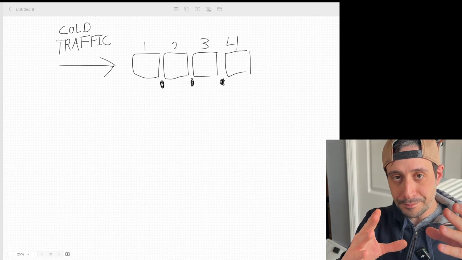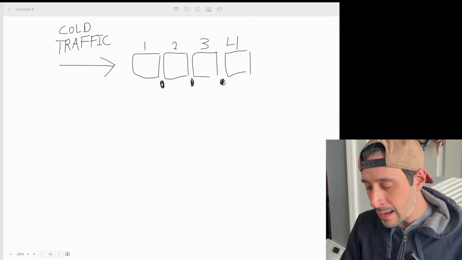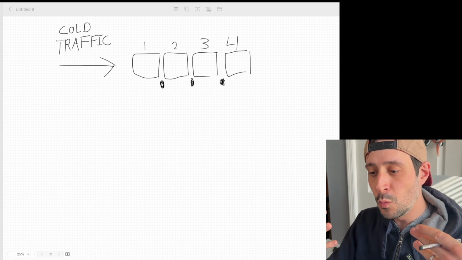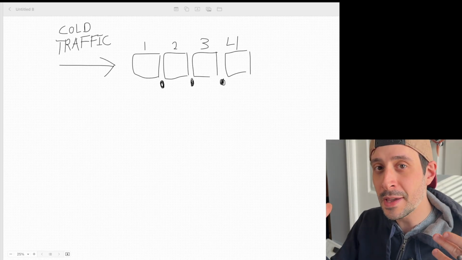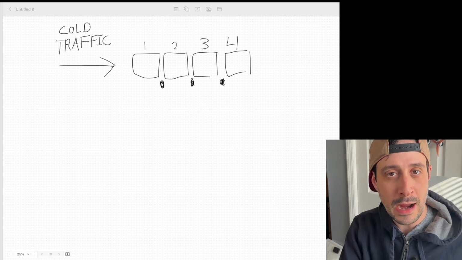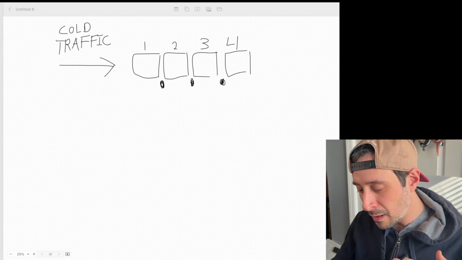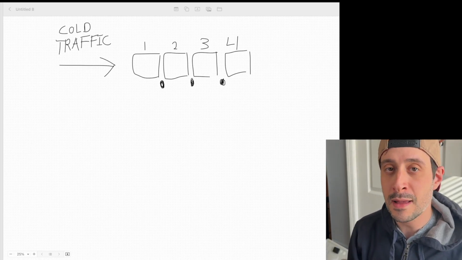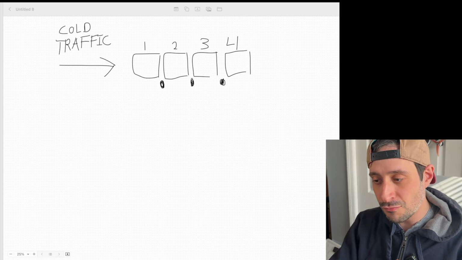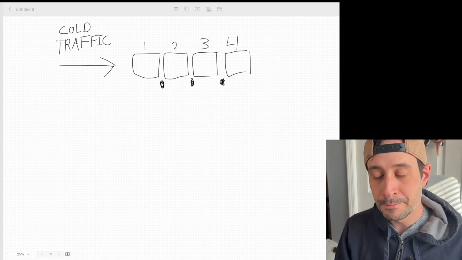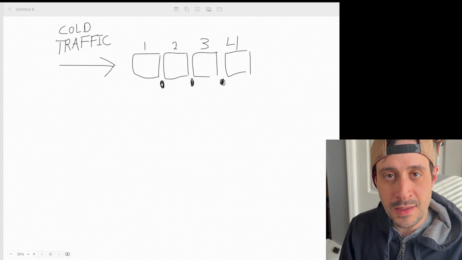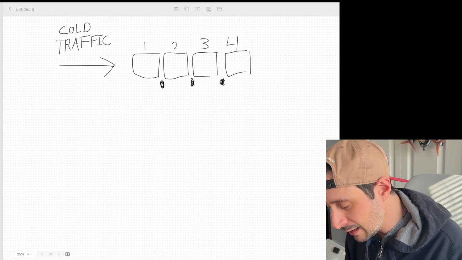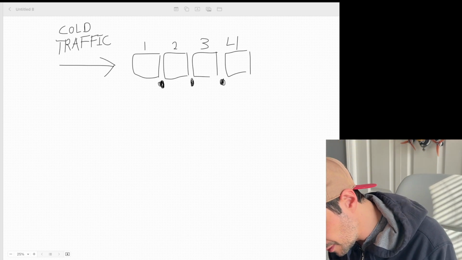So what a lot of people do is they run cold traffic to a set of ads. Cold traffic means we know nothing about these people and they know nothing about us. This is just random people that we're advertising to on a platform. And what most businesses do is they run ads like this, where they'll have maybe 4 ads or more, and they just run them and it's hit or miss, right? What happens when you run just this strategy is you end up with a ton of wasted ad spend, because in between each of these ads is a black hole.